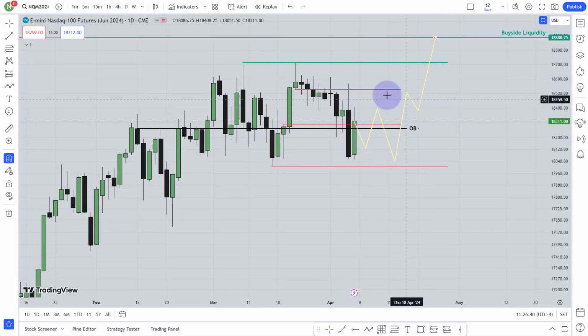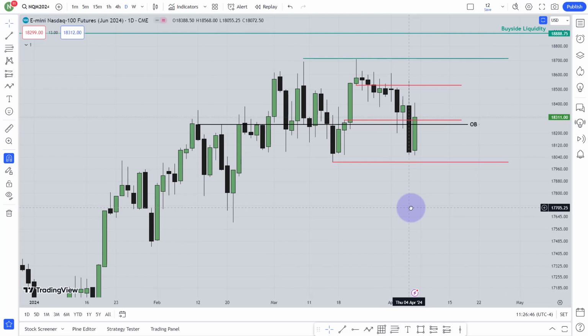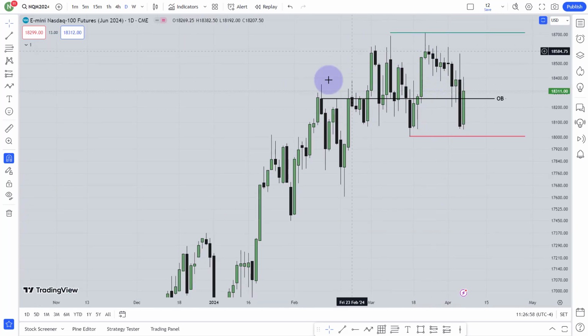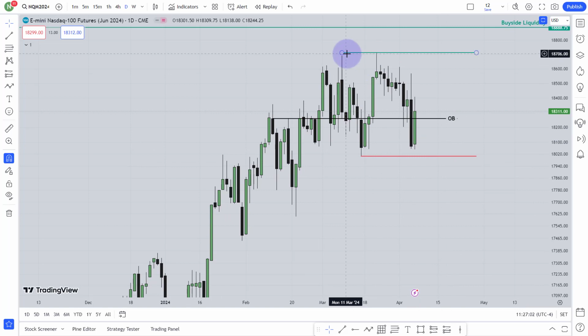So this is the area where I actually look for the breaker. I have just uploaded my breaker block video to clear your confusion about where you should look for the breaker. That's why I talked about the breaker over here from the daily chart. But at the same time, if you think about what the market is actually doing, what is it doing? This is pure consolidation. Okay, the market is just consolidating. You have this buy side liquidity, you have this plain sell side liquidity.